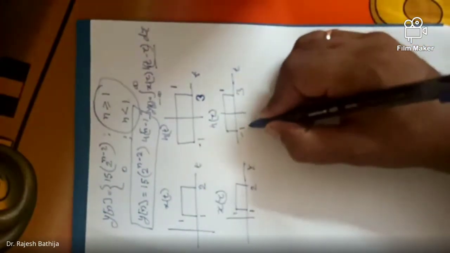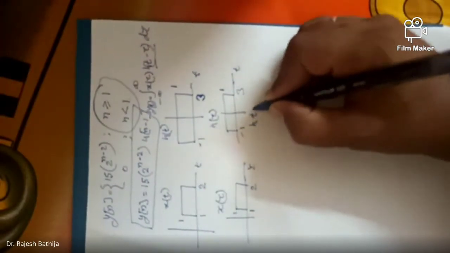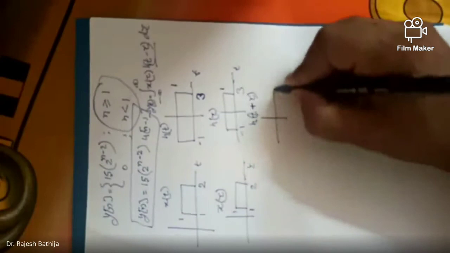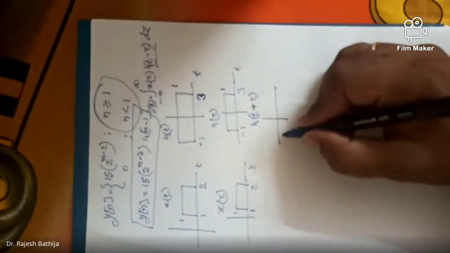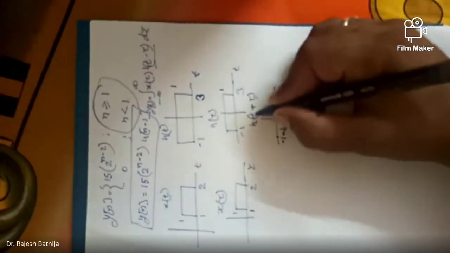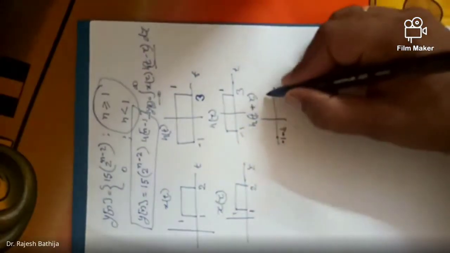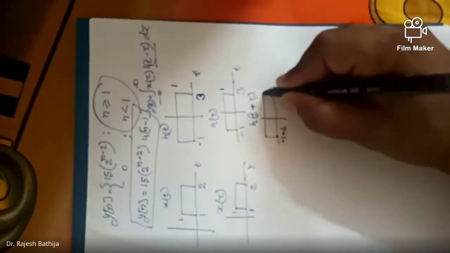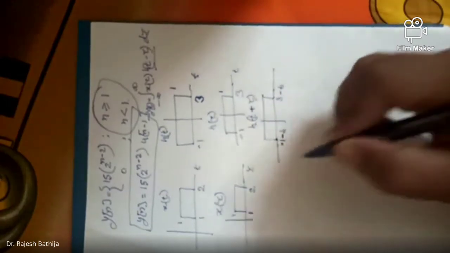So first we will do time shifting. First we do h of tau plus t. Can anybody tell me what I have to write here? Yes, sir. Sorry, it will be minus 1 minus t. I have added t, so I have to subtract t. So 3 minus t. Is this clear?